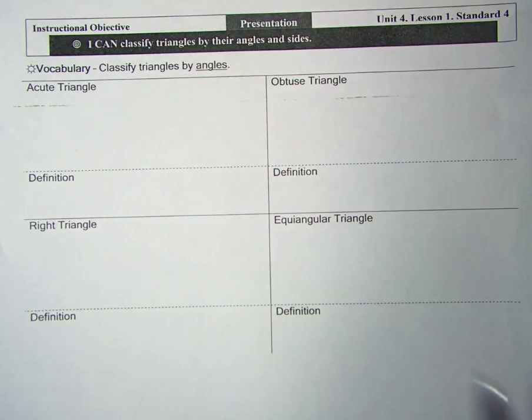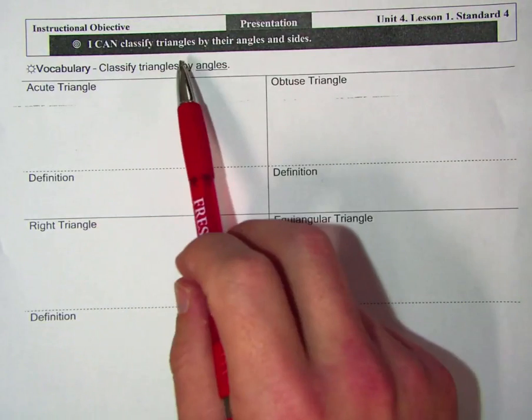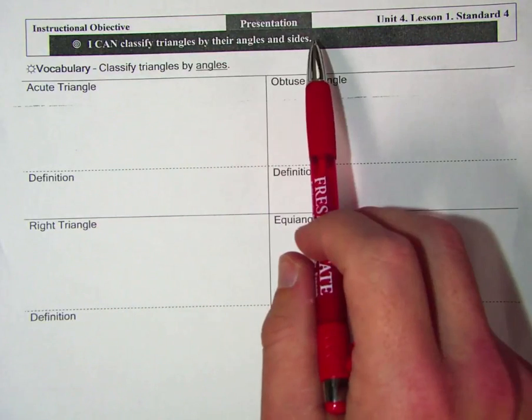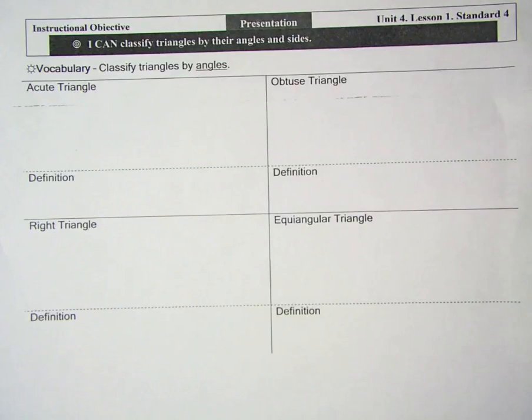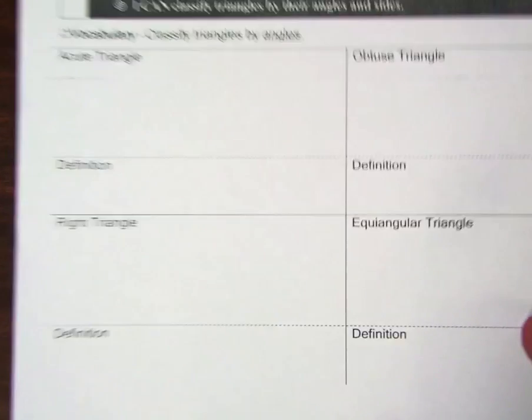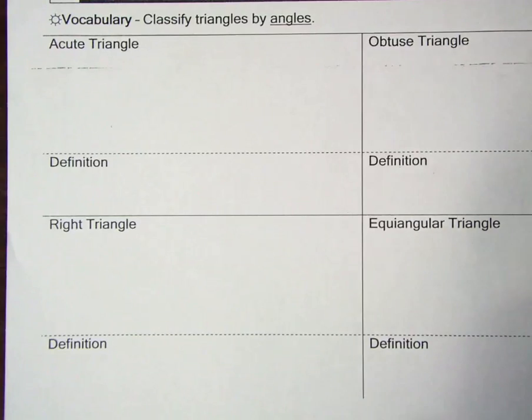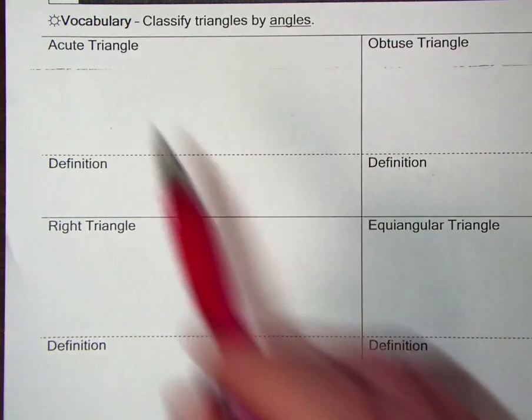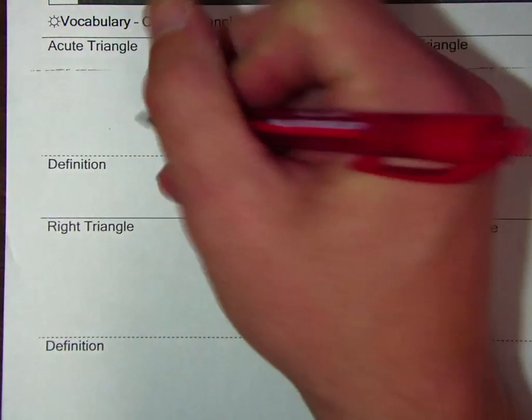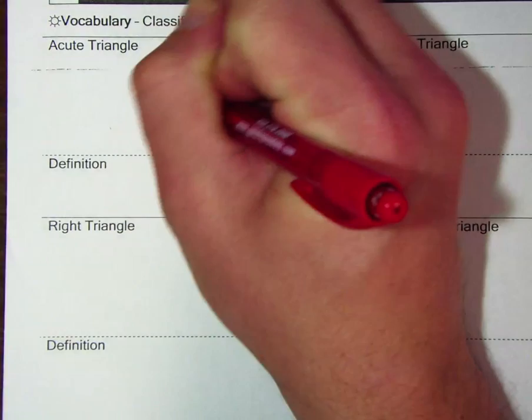Geometry Unit 4 Lesson 1, I can classify triangles by their angles and sides. So to classify, we're going to put it in a group, and putting triangles in groups first by their angles. An acute triangle, if you were to go ahead and make an acute angle,